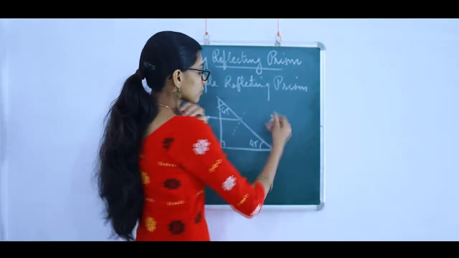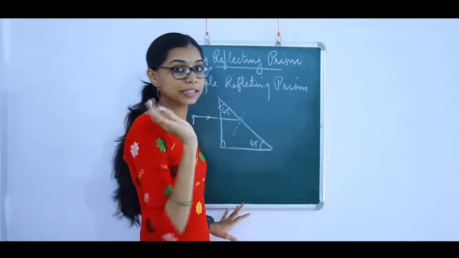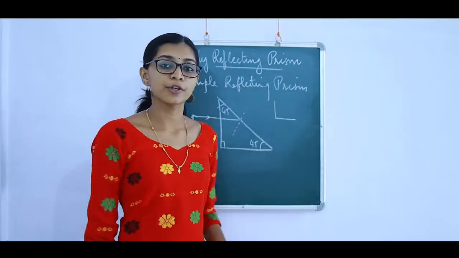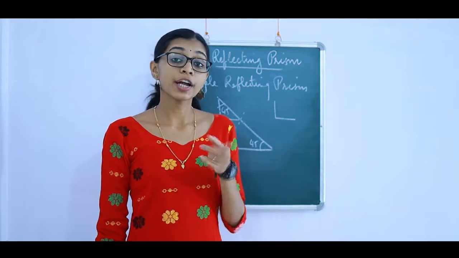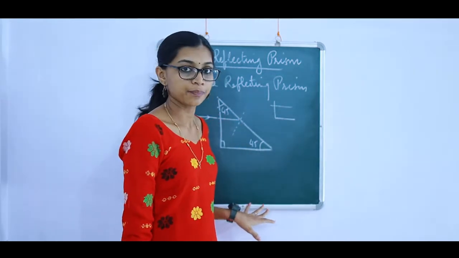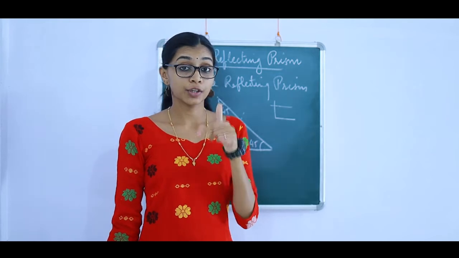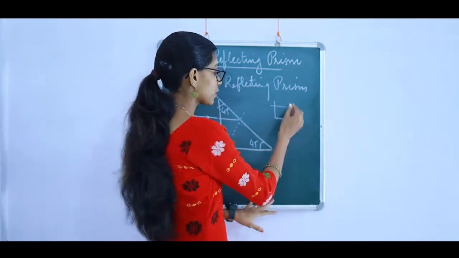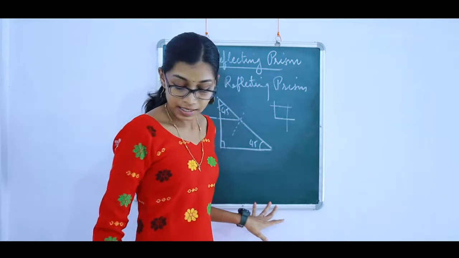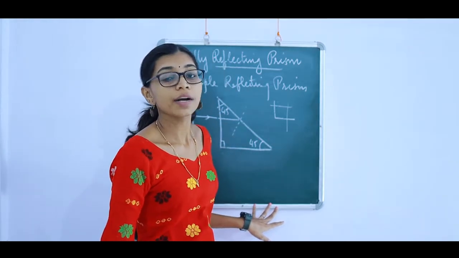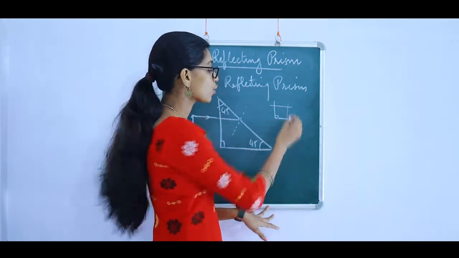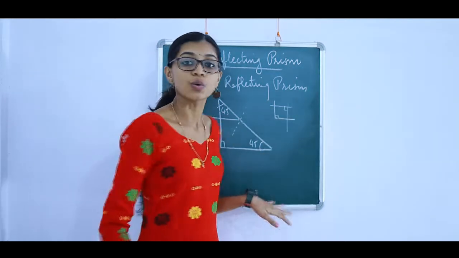I'll show you. I'll take the simplest example first. Say you have two lines. They are perpendicular to each other. Now I draw a perpendicular to the first line. Now I draw a perpendicular to the second line. So what happens? This I said is 90 degree, so this angle is also 90 degree.